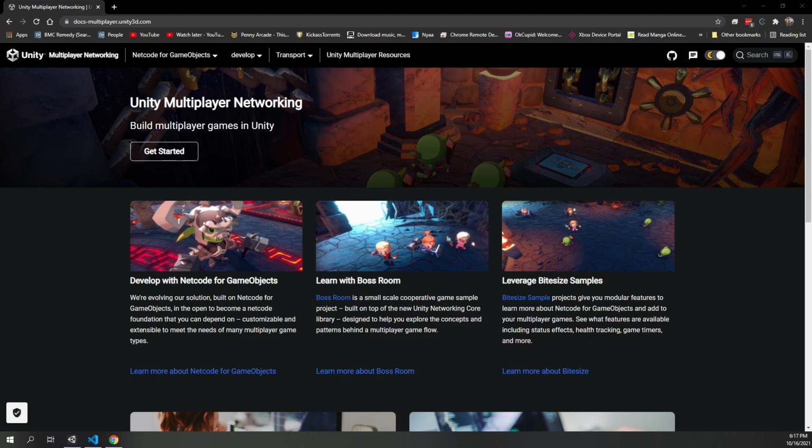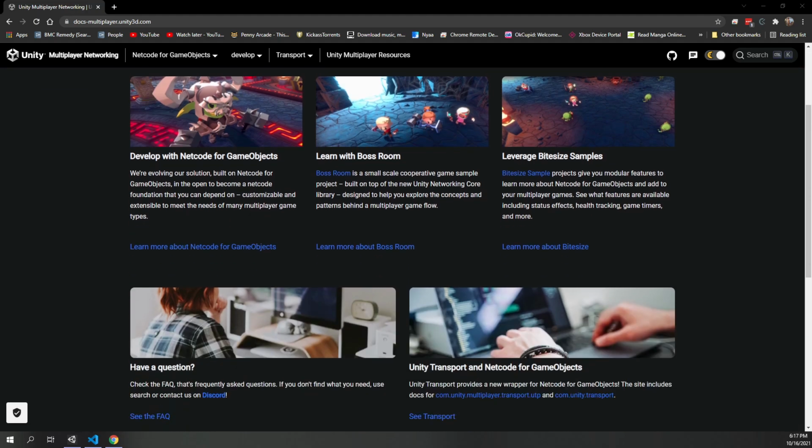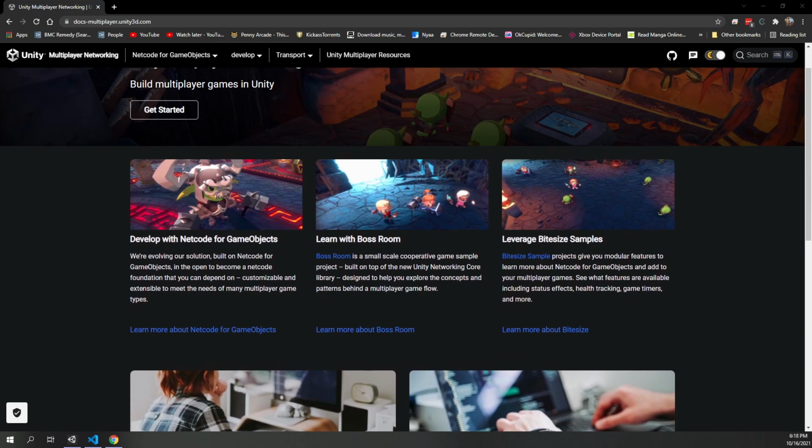Unity right now under docs-multiplayer.unity3d.com. We'll have a link to this in the description. But right now it's still in preview access. So to actually install this, you need to go in through the package manager and install it through a GitHub link,